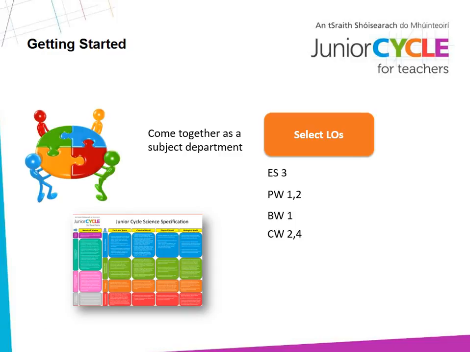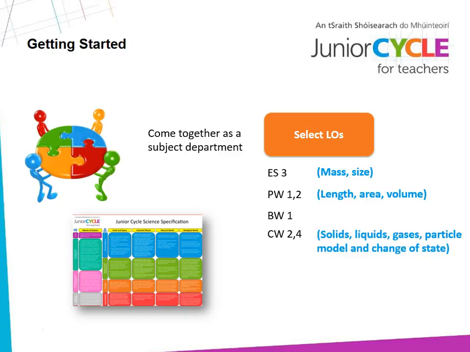So in Earth and Space Learning Outcome 3, we chose to focus on mass and size. In Physical World Learning Outcomes 1 and 2, we chose to focus on measuring and calculating length, area and volume. In the case of Biological World Learning Outcome 1, we chose to address the whole learning outcome, as we felt this was one that could stand alone for this unit of work. And finally, in Chemical World Learning Outcomes 2 and 4, we chose to focus on solids, liquids, gases,